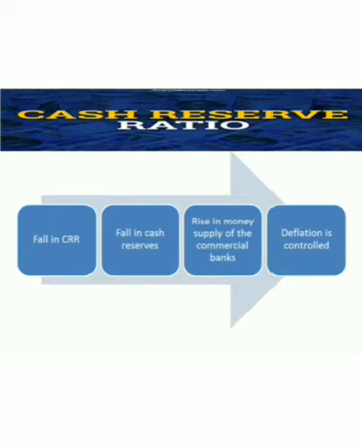During deflation, or when there is less money supply in the economy, the Central Bank or Reserve Bank of India will reduce the cash reserve ratio or CRR. Then less money is to be deposited with the RBI. More money stays with the commercial banks, and they can increase credit creation, which will help to increase the money supply in the economy, and deflation will be controlled.